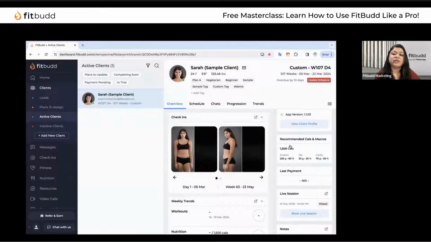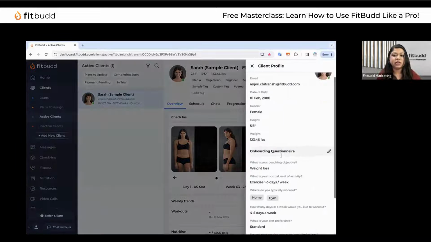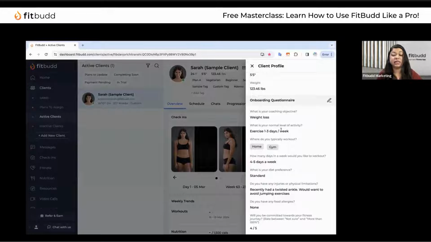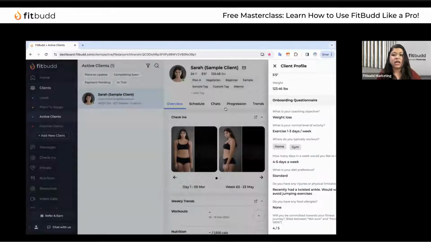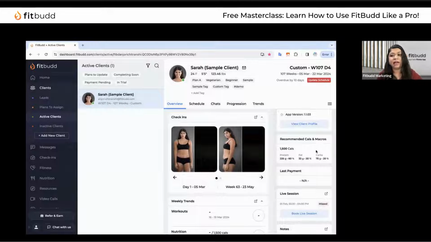The recommended calories and macros section is basically where the system tells you that this is the recommended calories and these are the recommended macros for this particular client. And this is dependent on the BMR that your client has. According to the answers that your client has given in the onboarding questionnaire, the system will calculate these recommended calories and macros, and this is not shown to the clients. This is just for you as the trainer. So in case you would like to utilize this feature and then create a meal plan for this client,